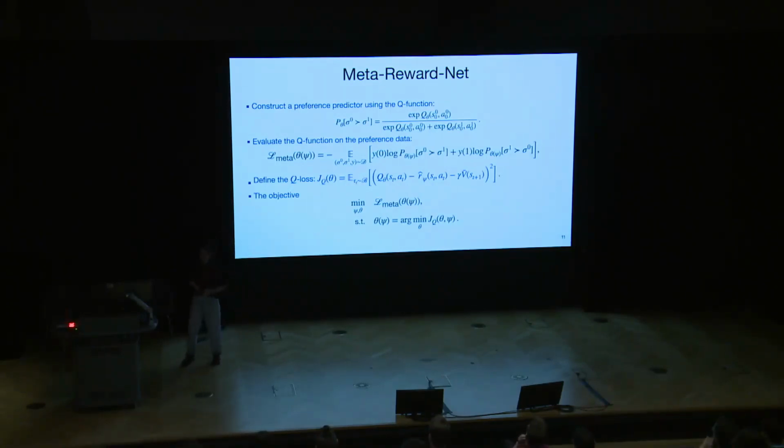Here we constructed a bi-level programming objective. In the inner loop, we learn this Q function. This is typical standard Q learning, where we try to fit Q theta, parameterized by theta, to the target, and estimating this Q function relies on the reward function R hat.